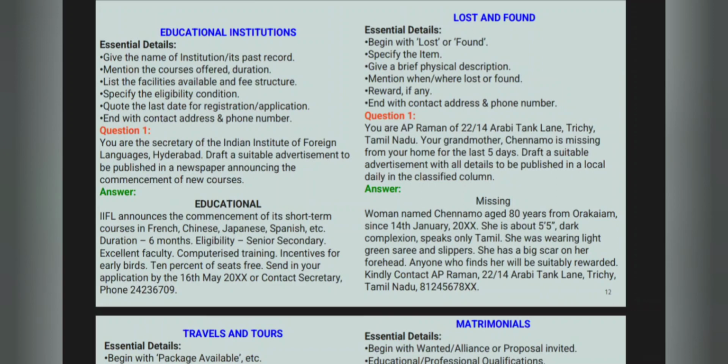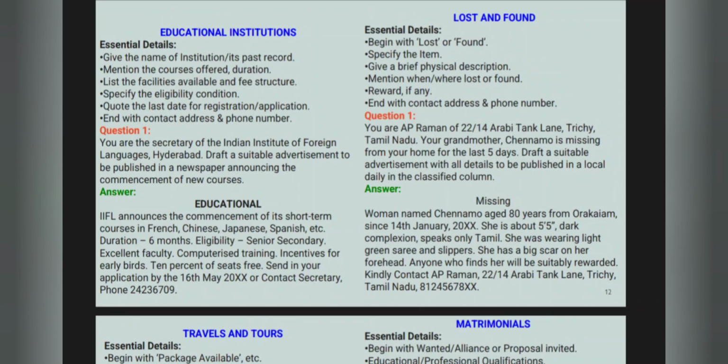For example, if my school is APS Gwalior and I'm the principal, and I want teachers for social science, I will draft an advertisement that I want teachers for social science who have the eligibility of teaching classes 10 for at least 5 years, and they should have done an MA in political science, history or geography, and their age must be less than 40. These are the qualifications which will be required, and I will add the details of my school to contact at the school office immediately after the commencement of the letters.